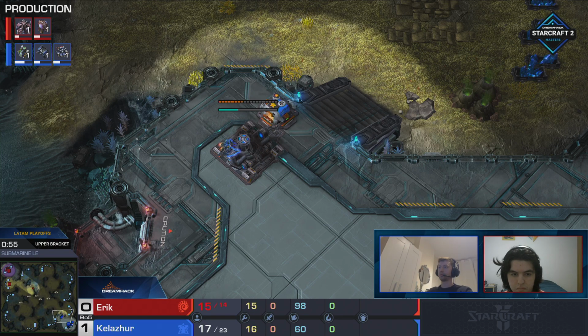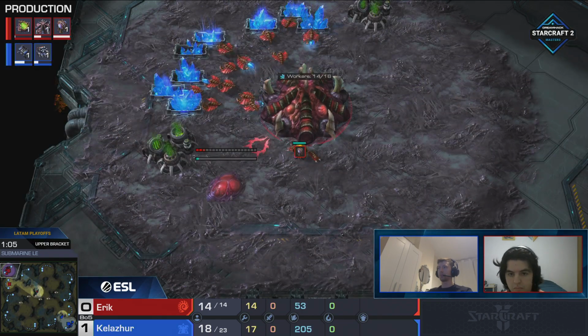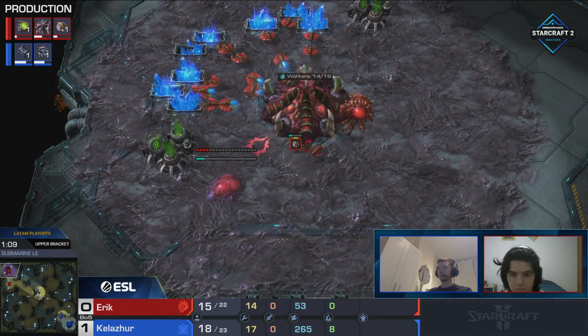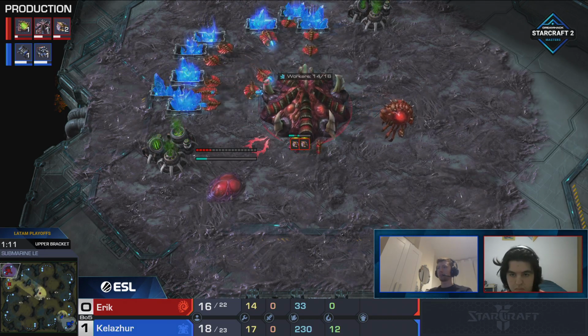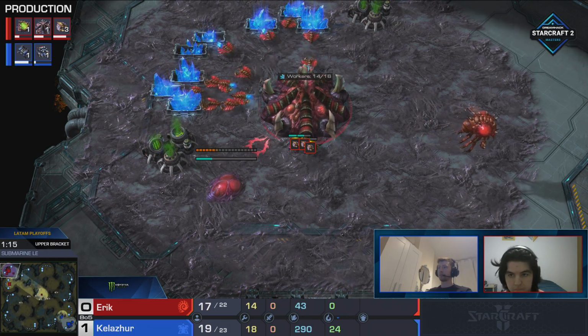Hatch, huh? And then extractor trick to go up to 15 out of 14, and then the Overlord. Latin America never ceases to amaze me with some of the builds that they pop out of there. Yeah, right? You figure there's only so many options for Zerg as far as the opener goes, because